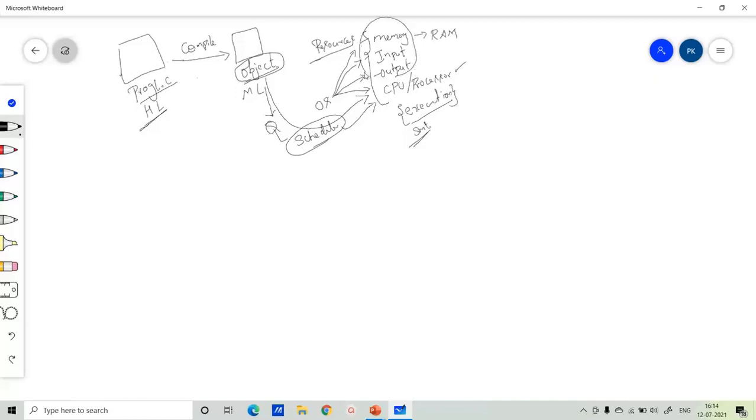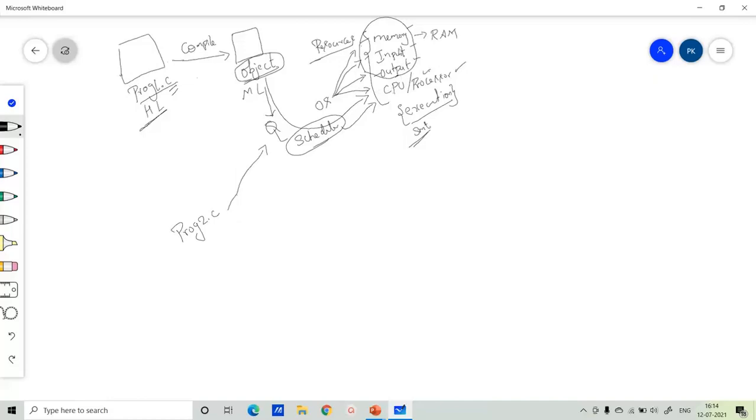Now, what is process synchronization is, if our program, program 1.c, is using these resources, if it is using RAM, input device, output device, and CPU, and the other process, say for example I have one more program called program 2.c, is also in the queue, waiting for CPU.